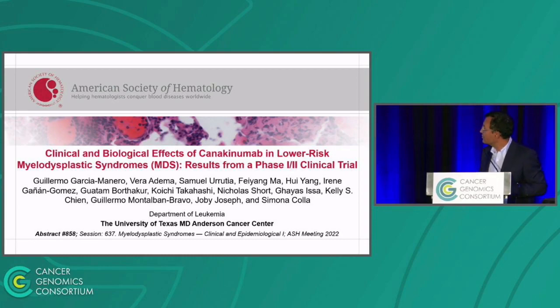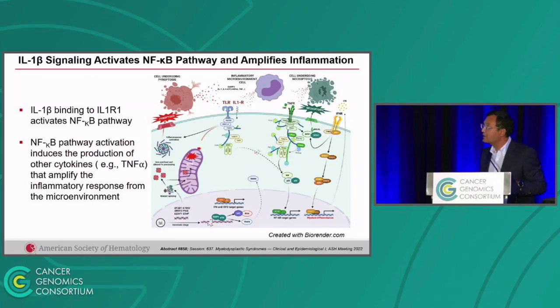So for a long time, we've been interested in this compound that modulates, inhibits, blocks this molecule called interleukin-1. Why is this important? Because interleukin-1 is a key inflammatory effector. Probably through many different tumors, but particularly in myelodysplastic syndrome, this is a key effector. So the hypothesis is that if you block this IL-1 signaling, you may inhibit this NF-kappa B mediated inflammatory signaling that we think inhibits hematopoiesis in patients with lower risk myelodysplastic syndrome. So by doing that, basically, you may improve the capacity of these patients to really form white cells, hemoglobin, and